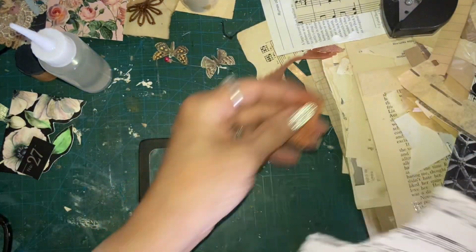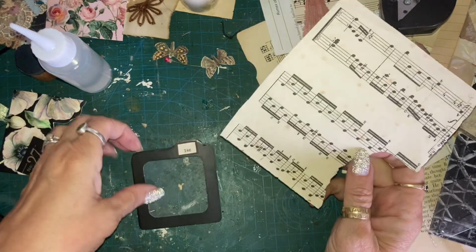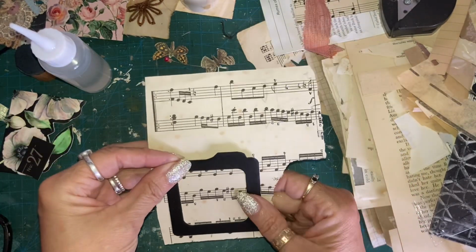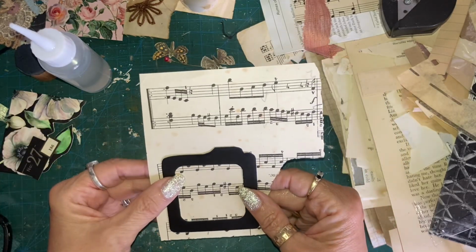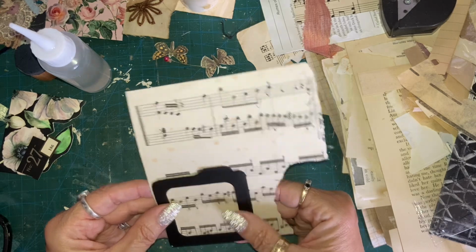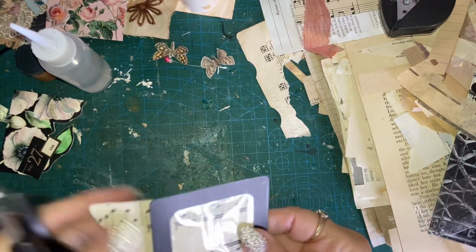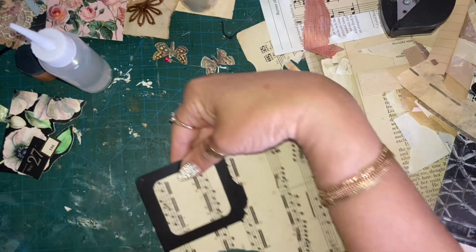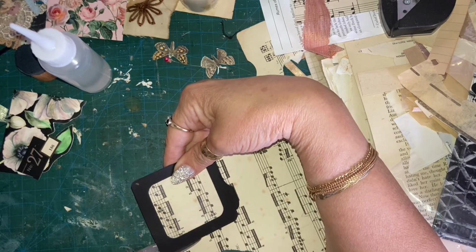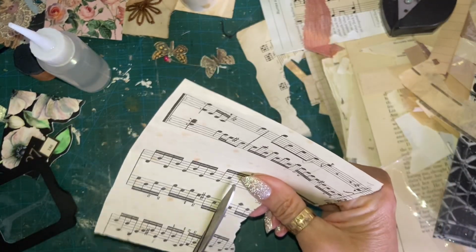Right, we've got this lovely old book page with all spotty foxing on it, and I think I'd quite like some of that in the background. Yes, I would. So I just need to cut around that then. So I shall just make a chopperoonie about there, and a chopperoonie. I can't do it left-handed. There. So I'll just get a square. It doesn't need to be perfect because it's getting